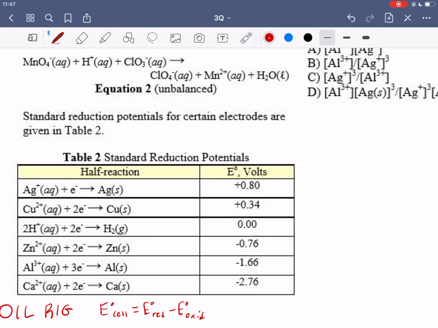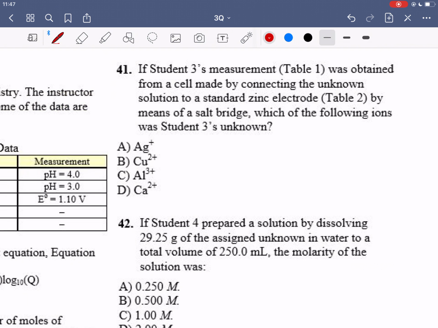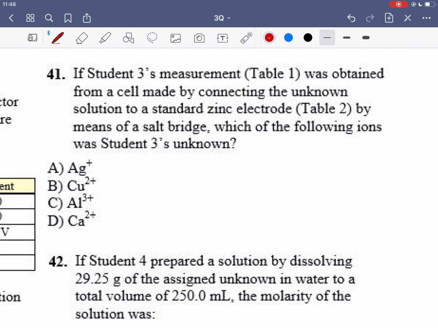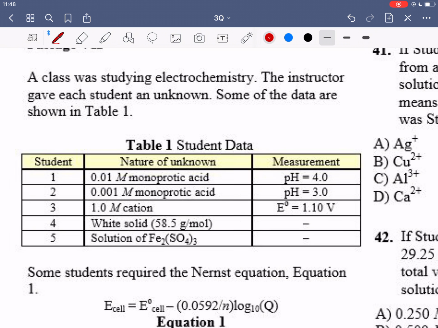So that's that. Now let's look at the questions. This first question: if student 3's measurement in table 1 was obtained from a cell made by connecting the unknown solution to a standard zinc electrode in table 2 by means of a salt bridge, which of the following ions was student 3's unknown? So just to clarify what happened in the passage,